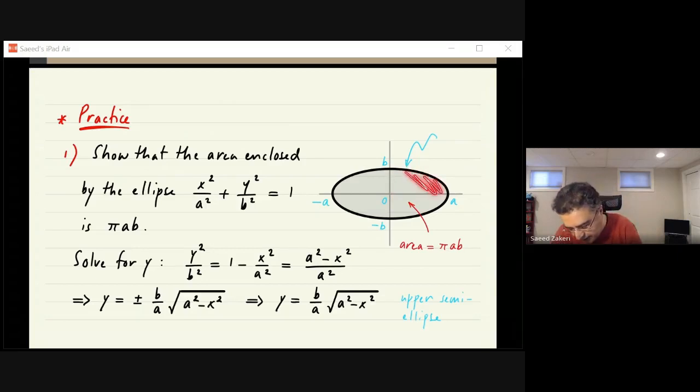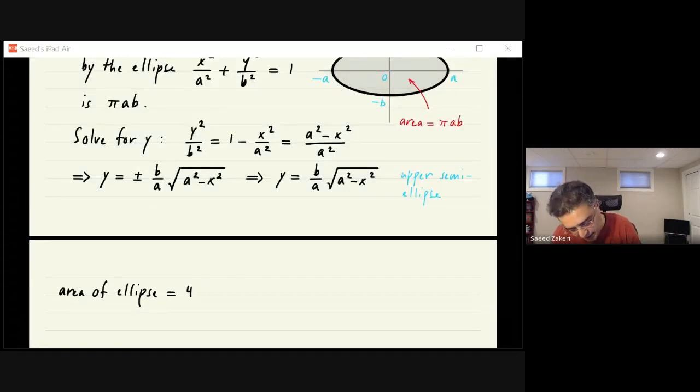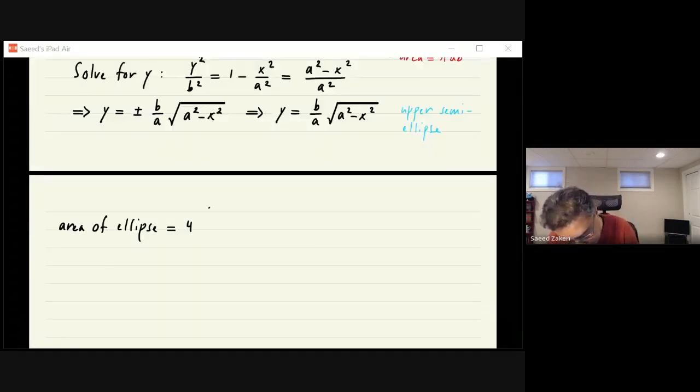And what is this area? This area is the integral from 0 to a of this function. It will give me the area under this graph. So it's going to be 4 times the integral from 0 to a of b over a square root of a squared minus x squared dx,